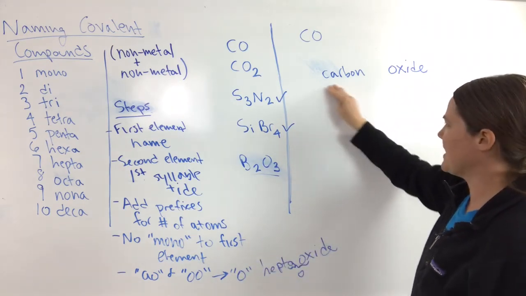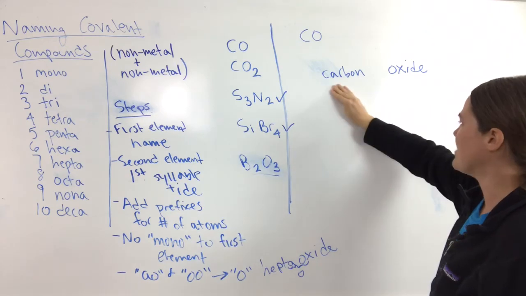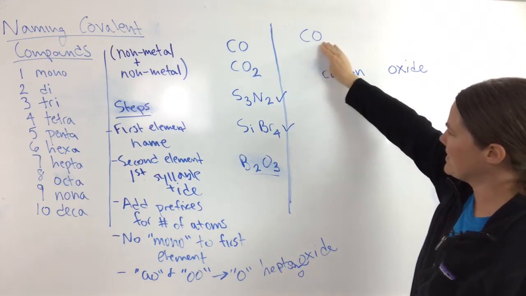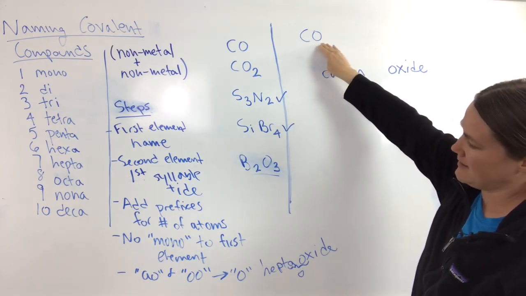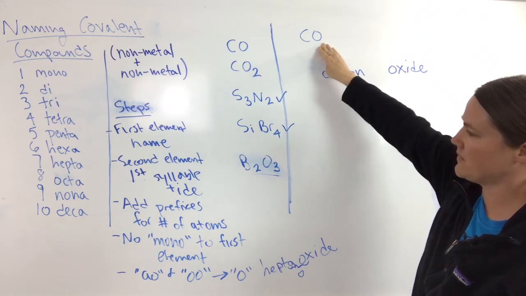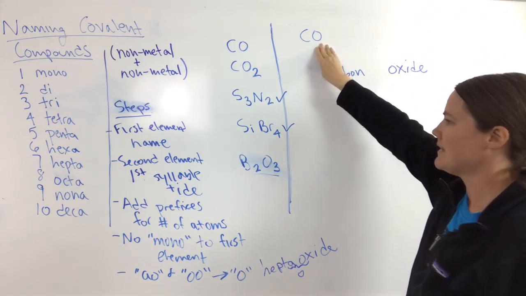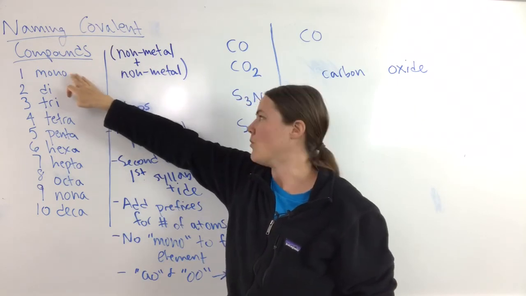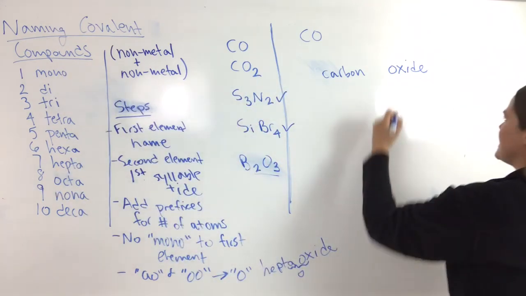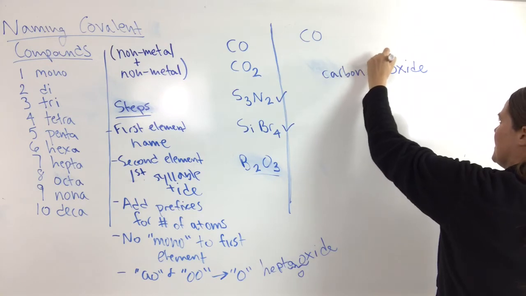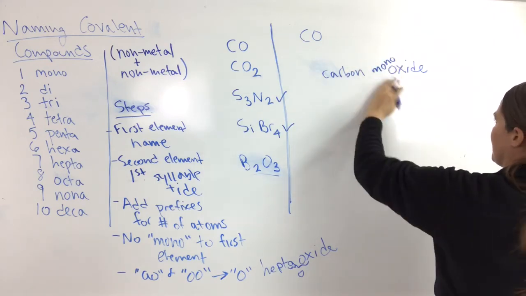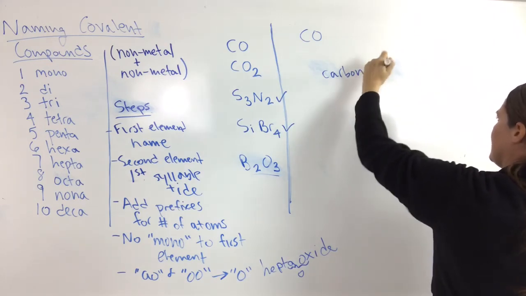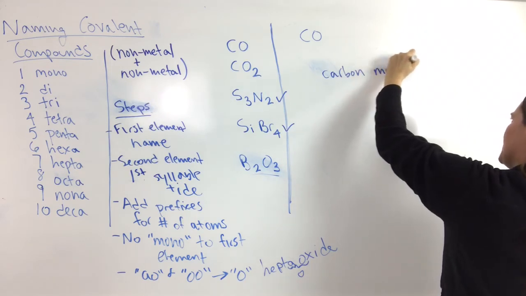So we're not going to put anything on the carbon because we just have one. And then if we go to the second atom, we have one oxygen. Going back to our prefixes, one is mono. So that means that we're going to put a mono on this. I'm going to rewrite this. So this is mono